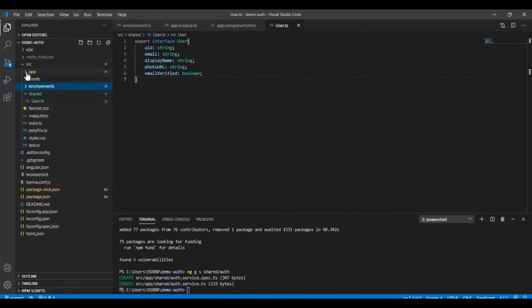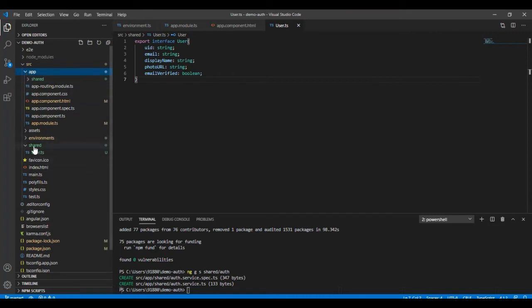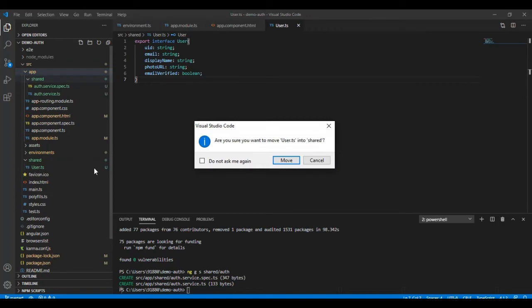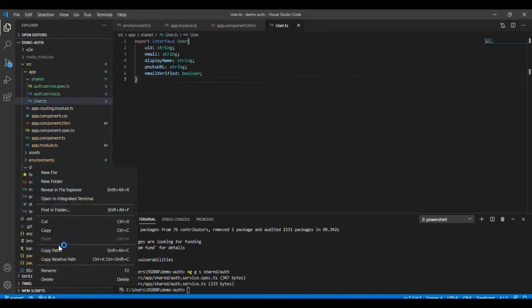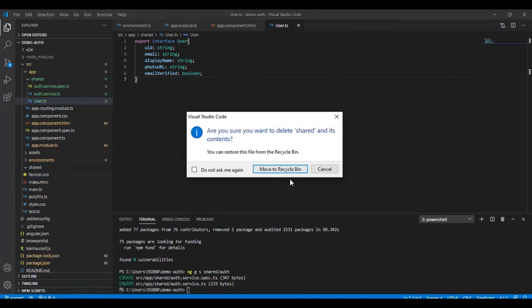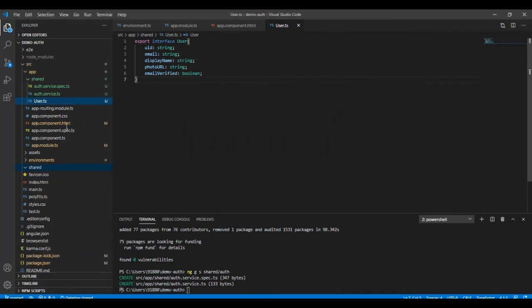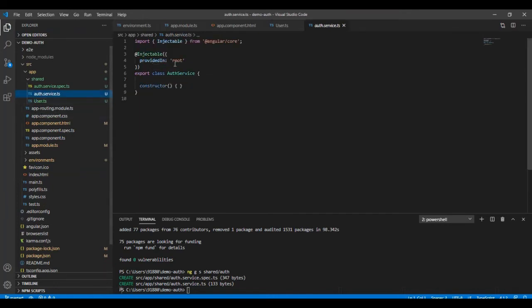Should be here, no? Okay, I think this file has to be moved inside this. Yes, and actually we have created something wrong. We can remove this folder. It's not required for us. Okay, fine. So all the stuff is ready, the user is created, and now in this auth service we are going to